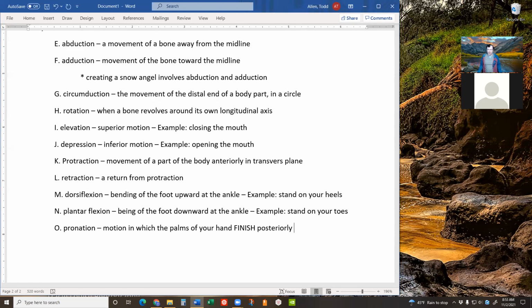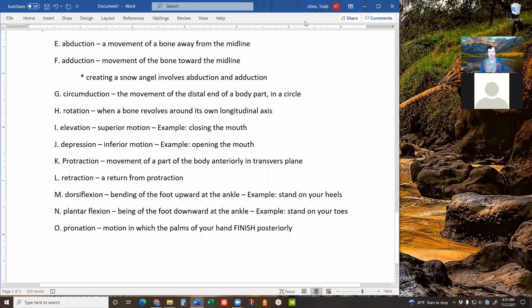If I lift my arm a little bit uncomfortably to try to show you in the video camera, my palms are faced forward. If I take my palms and I rotate my thumbs towards the midline so that the palms are now facing back, palms are now finished in a posterior perspective, that motion is pronation,